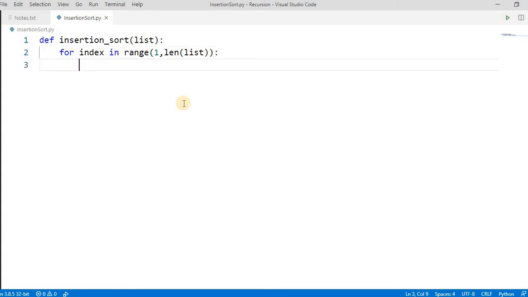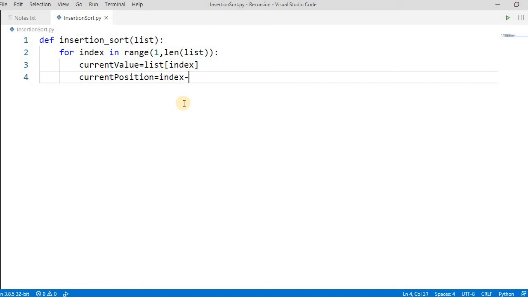Simple. So we take two variables, first the current value, and the current value will be list of index. We will get 7 here. And then the current position. The current position should be index minus 1, because index is starting from 1, right? Now let's add the condition.